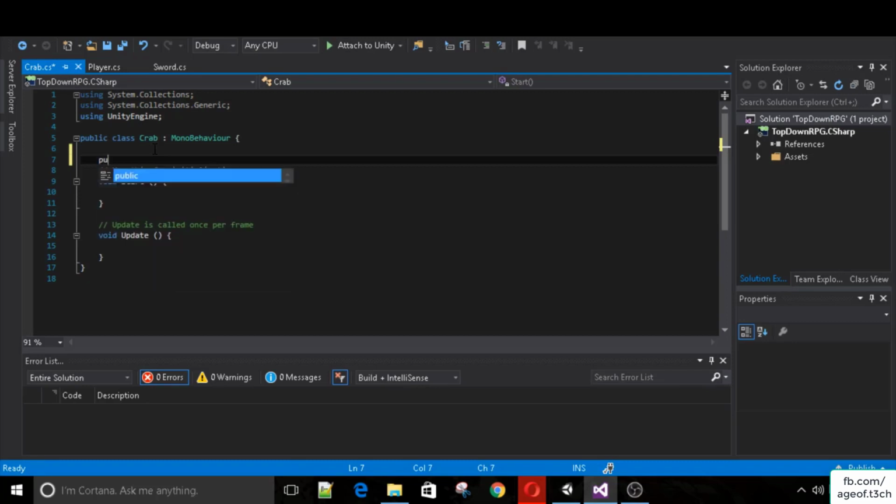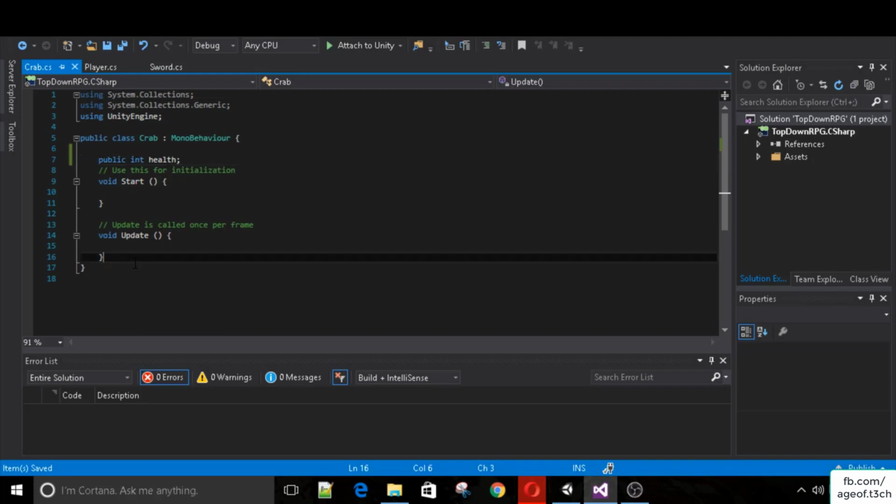So to start off, this crab is going to have a public int health. We say public because we're going to put this script on all of our crabs. They're going to have the same behavior but different stats. For example, this crab will have 1 health and another might have 2 health but faster speed. You get the idea. We will also need a speed variable, but for now let's create a method that will